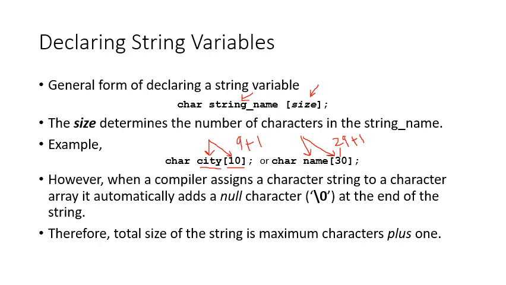So what is the significance? Why do we use a null character? The issue is, we have studied in our previous slide that the string is not an inherent data type, right? So in order to find where the string ends, what is the last element of this, the system introduced a mechanism which is called a null character. Whenever the system sees this null character, it identifies that the string has ended. Okay,